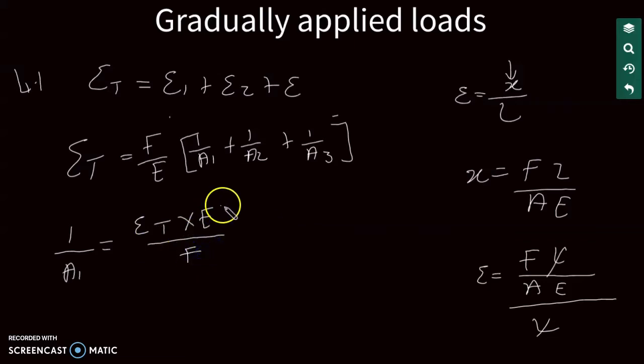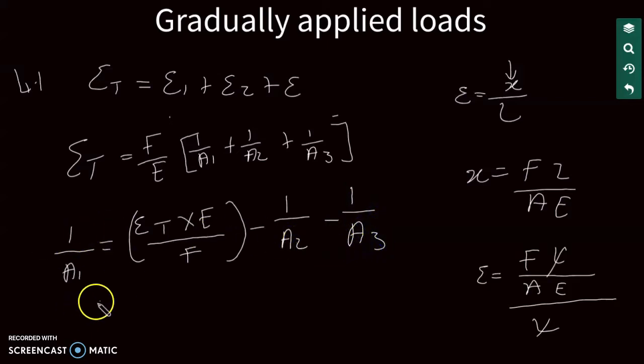By the force, in bracket, minus 1 over area number 2 minus 1 over area number 3. And then we are going to substitute from here. What is our total strain? Our total strain is given to us as